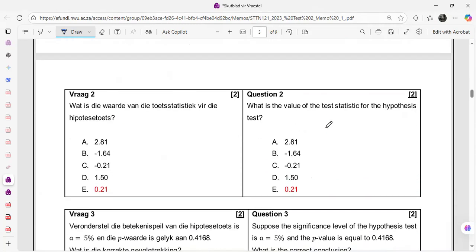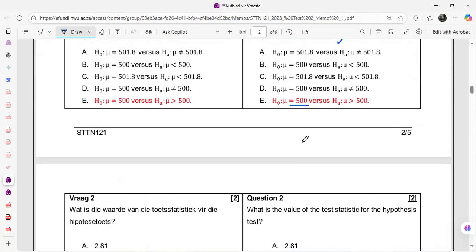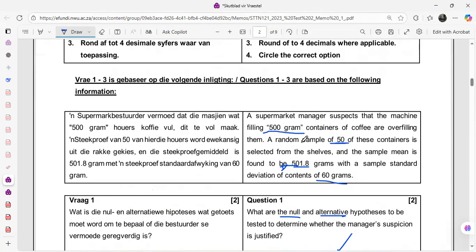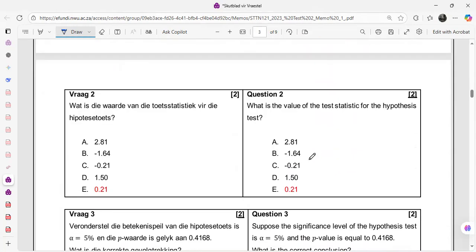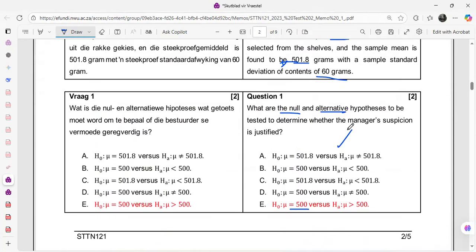Now they want you to use the test statistic. Which formula are you going to use? Check if n is less than 30. Is n less than 30? No, it's greater than 30. So we're going to use the one for z. Z is equal to what? What is x bar in this case? The x bar is